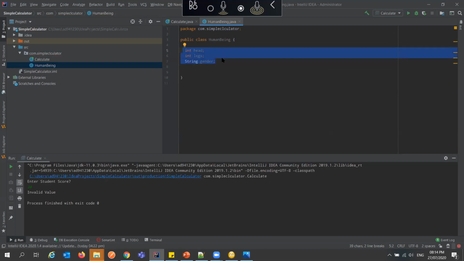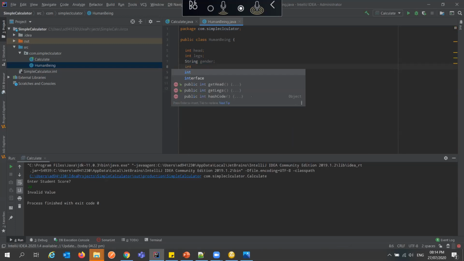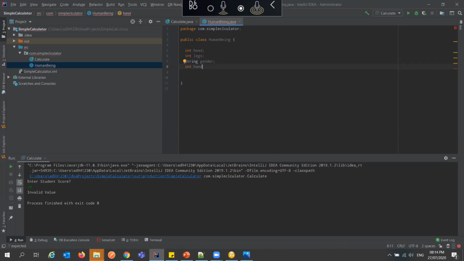So these are the ones that I have identified right now. There are more. Who can tell me another feature of human beings? Nobody's telling me.